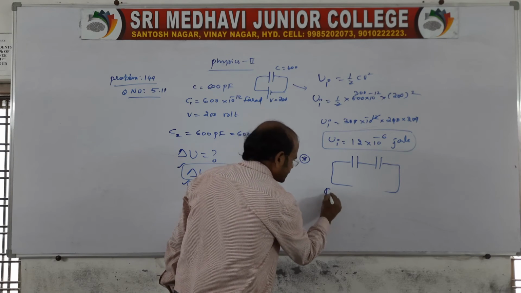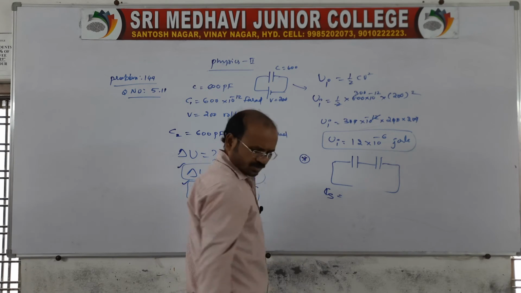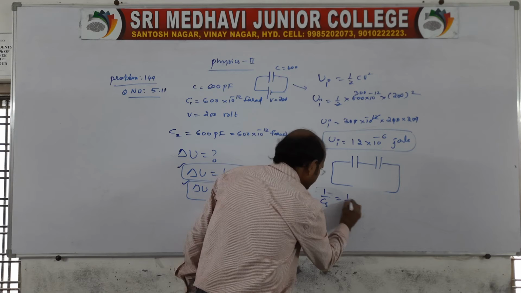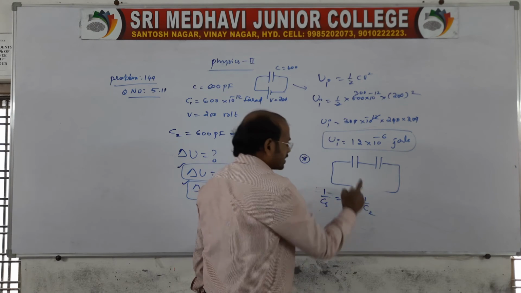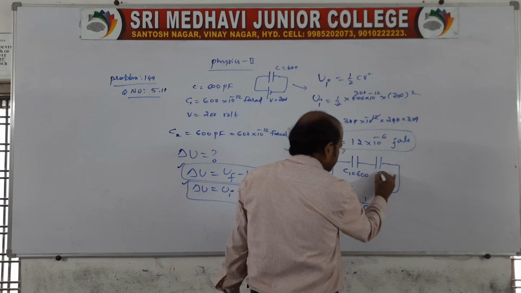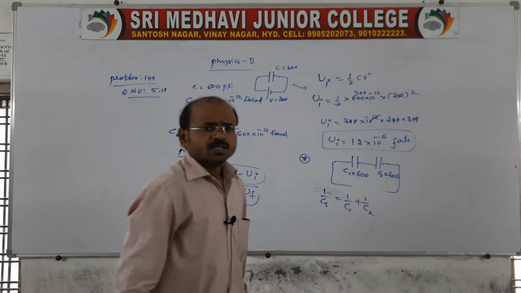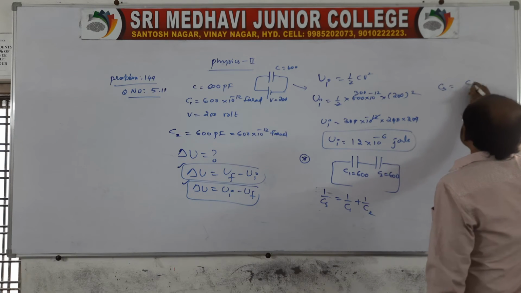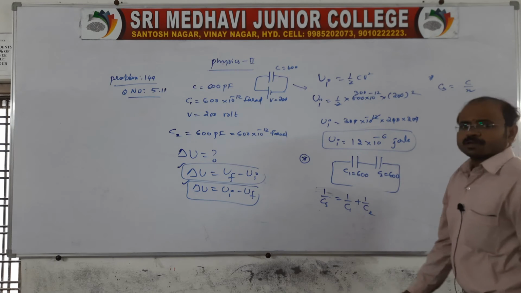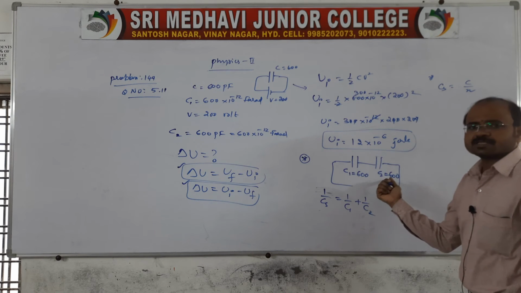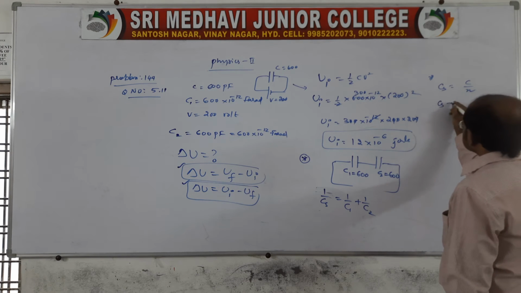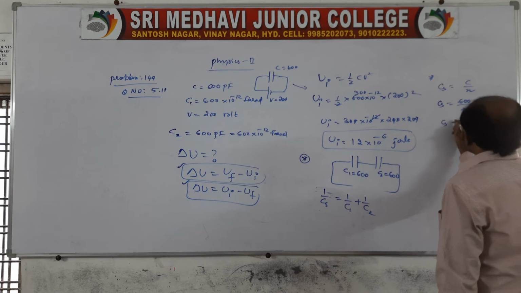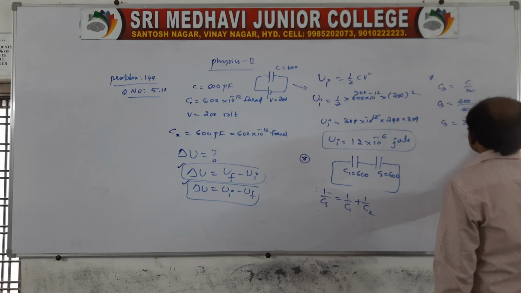Now you get a series combination, that is we can say Cs is equal to, or you want to write a formula, there will be two capacitors, no, 1 by Cs is equal to 1 by C1 plus 1 by C2. Here you remember C1 is equal to 600 pF and C2 also 600 pF is given. When the same capacitance is given in series combination, we can take Cs is equal to C by N, of course. Because the same capacitances are given, there are two capacitors connected in series. So better you take directly this expression 600 by 2. So we may get the 300 pF. So again you write here Cs in series combination is 300 into 10 power minus 12 farad.